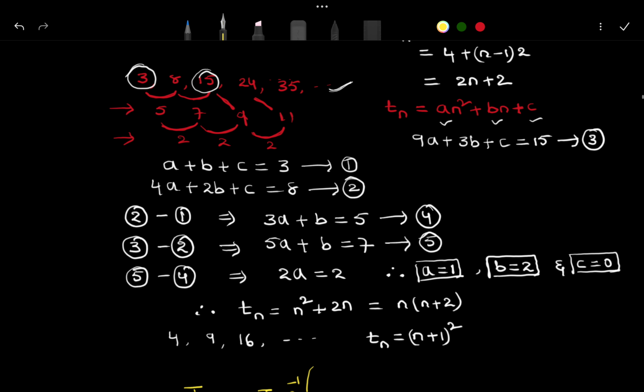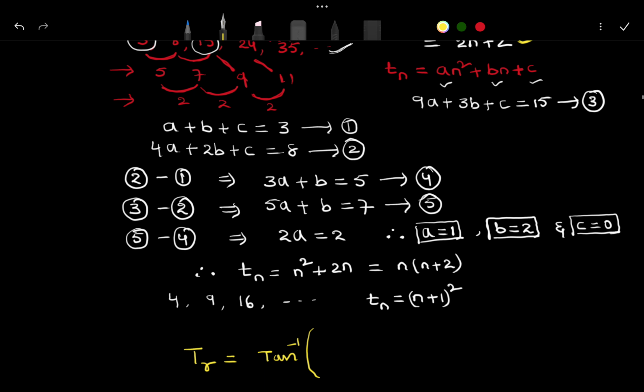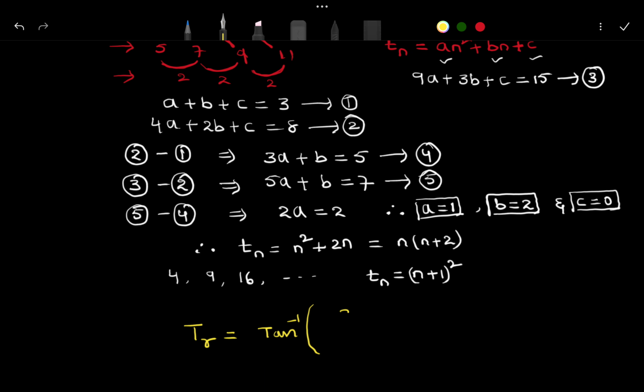So replacing n with r, we write 2r plus 2 whole divided by 1 plus